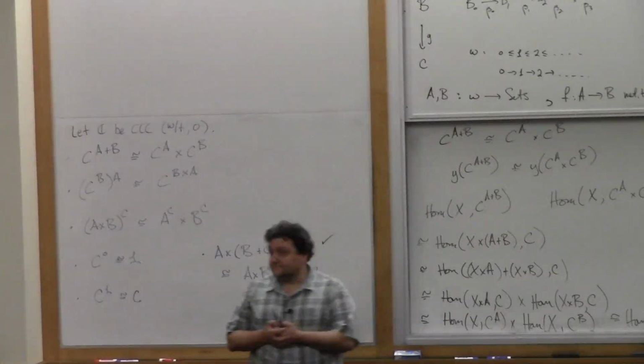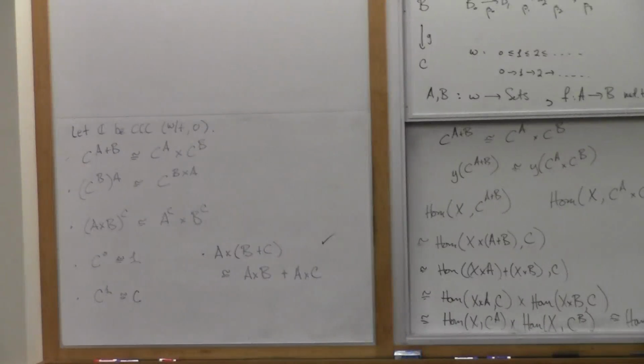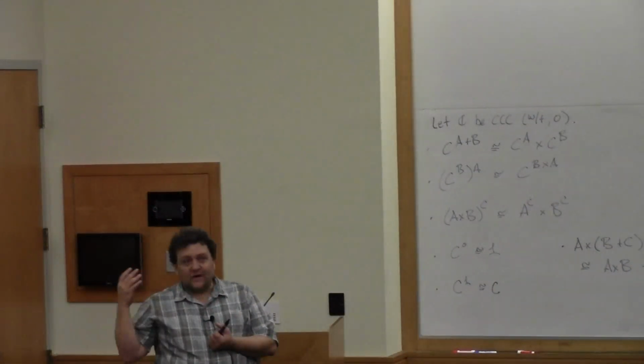Why do sets play such an important role here? It comes from the fact that Homs are sets. So we don't need this to be sets. We could do it over any other category that has enough equipment to define the notion of a category or locally small category. We could do it into a background type theory or a background category of a Grothendieck topos or a category of topological